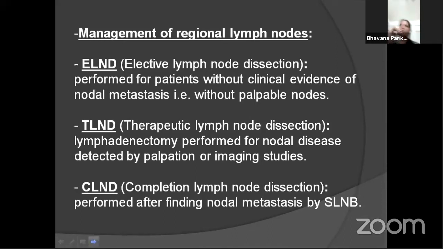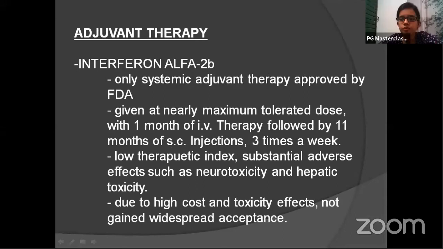Whatever the tumor marker you take, whether it is CA125 or any other, it tells you about your biochemical recurrence or metastasis. So baseline should be done in all cases. Exactly. All tumor markers you should do at baseline. Then only you can compare with the recurrent values or in the case of a metastatic disease. Yes. Okay, continue. Coming to adjuvant therapy, interferon alpha 2b has been shown to have some role.